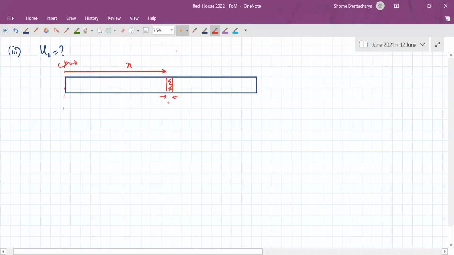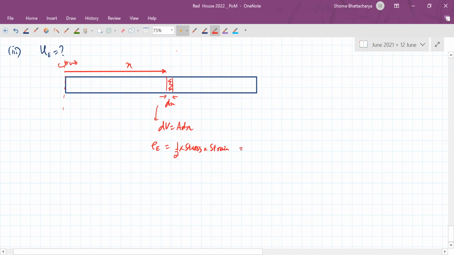The thickness of this is dx, so it has a volume of area into thickness. The energy density stored in that region is half into stress into strain,